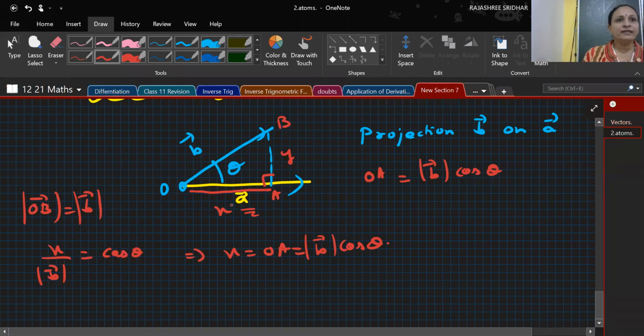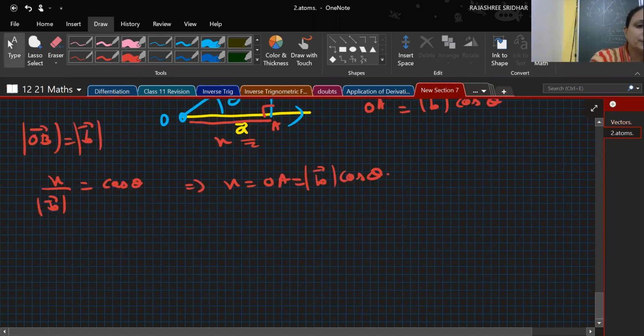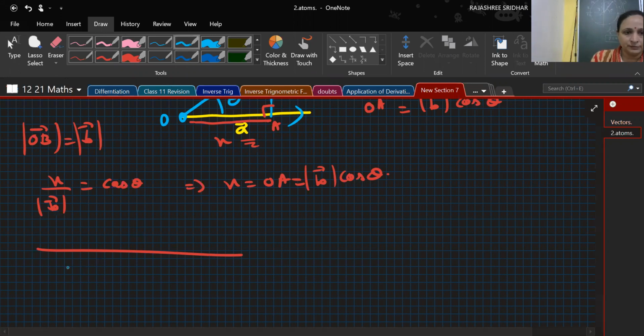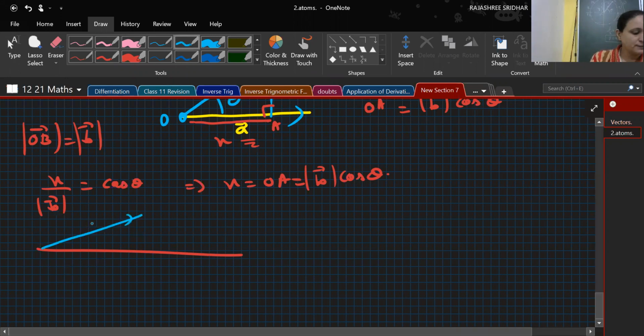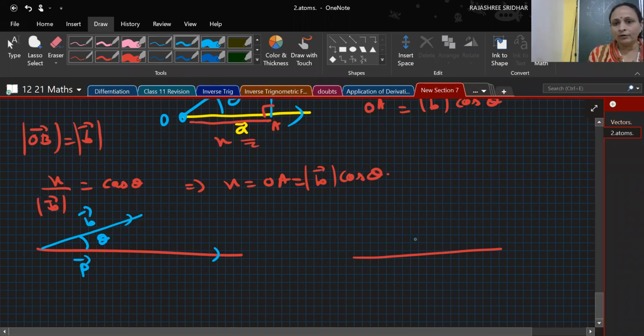So the projection can be of any side. It can be taken on the positive side, it can be taken on whichever side you want. See, whenever I have got the projection, it can be represented this way. I'm taking the vector in blue. So this is the vector. Suppose this is B and this is the angle theta. I can take the projection where this is the projection. Projection should take the direction in which it is projected. I can take the other way around also. That means the line can make an angle of